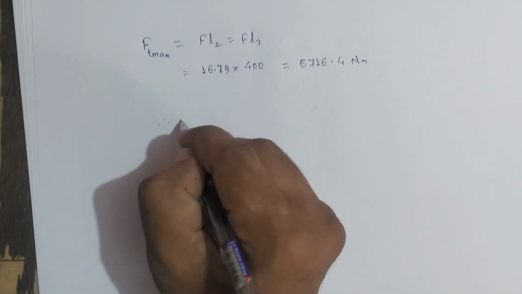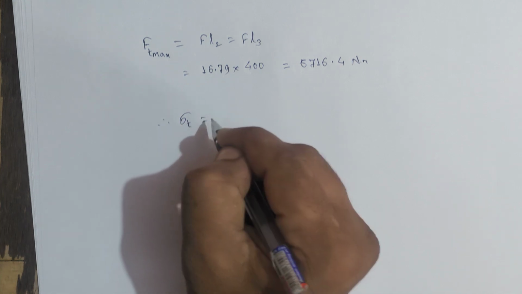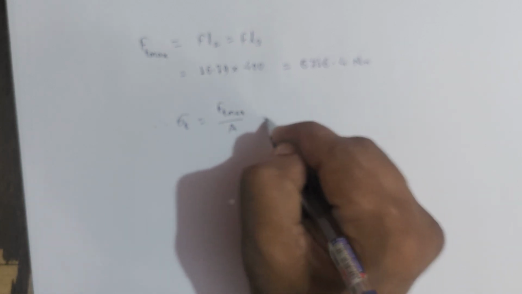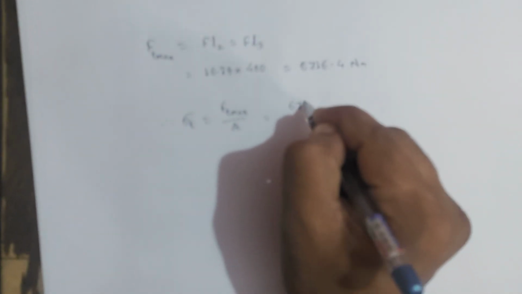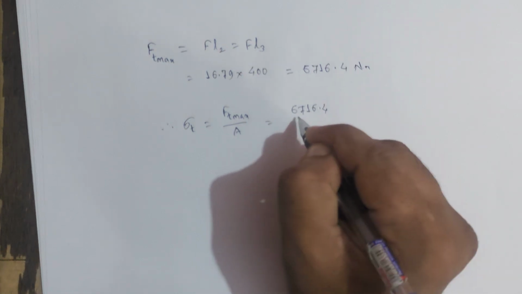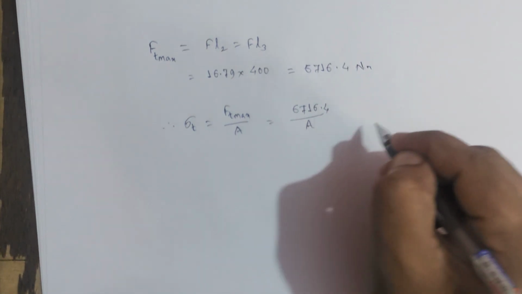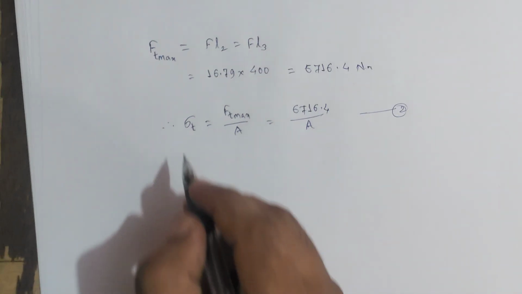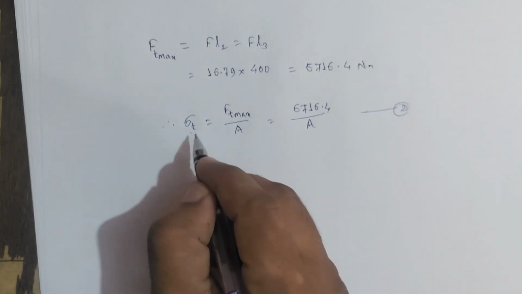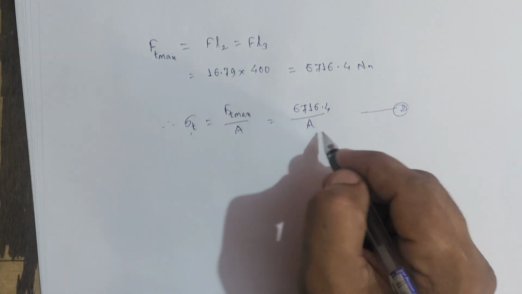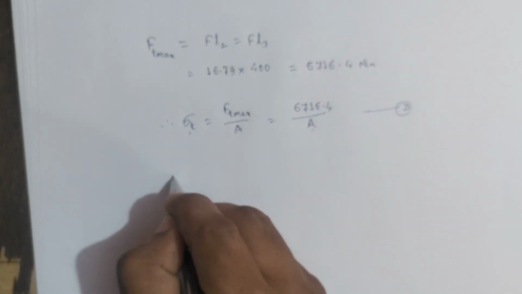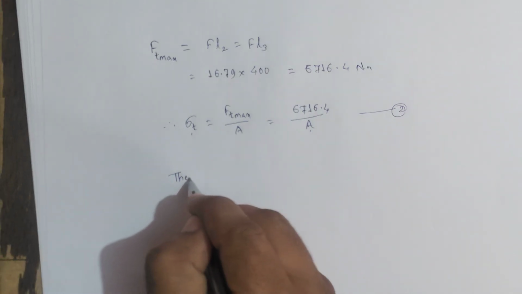Now we can find sigma T, that is the tensile stress, that is Ft max divided by area, and Ft max is 6716.4 divided by area, as area is unknown again. This is equation number 2. And now as we know the equations of the shear stress and tensile stress in terms of area, combine these equations to find